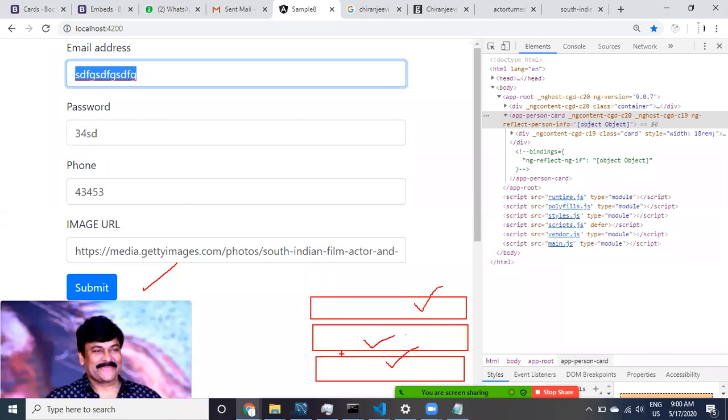For that, whatever data you are sending should be saved at the component level. Every JSON should be saved at the component level. The first time you submit, one JSON goes to that particular component.